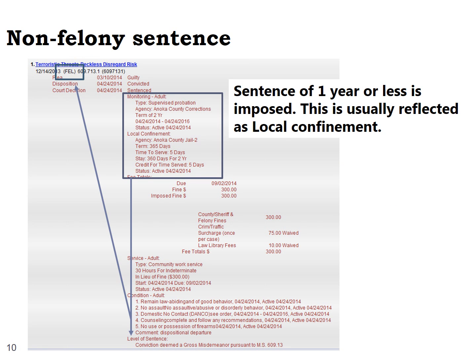If you're trying to determine if a worksheet should be completed for an offense, it's helpful to look for two things. Does MNCIS, or Odyssey, as we see here on the screen, or MGA, indicate that the conviction was a felony? And secondly, does the level of sentence contain the statement, "conviction deemed a either gross misdemeanor or misdemeanor, pursuant to 609.13," and you can see that statement at the very bottom of this MNCIS